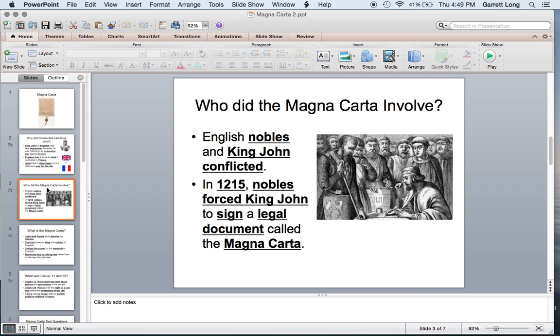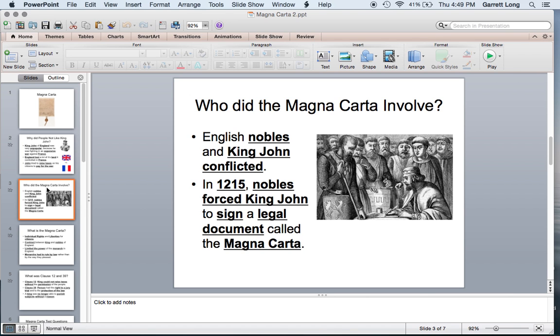limited King John's powers. Now, before the Magna Carta, kings had absolute power. They were absolute monarchs, meaning they could rule as they please. They could do whatever they want. And the only person that a monarch ever had to answer to was God, and that was called divine right. Divine right is when God gives these kings or queens their power. So before, they never had to answer to anyone.